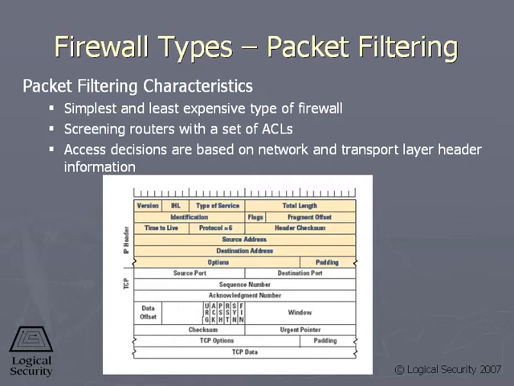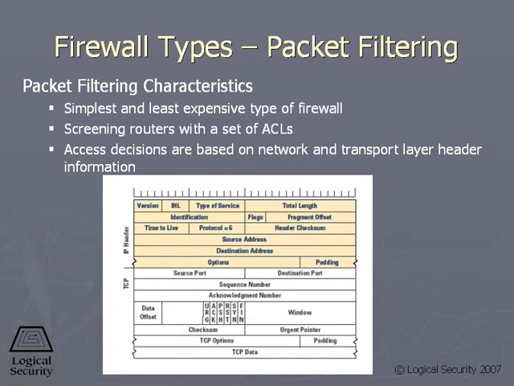Now, we actually kind of covered packet filtering when I went through routers, because routers will have ACLs, access control lists, that will make access decisions based on header information. So if you have a packet filtering firewall, it's going to look at the information in the network header, and a little bit in the transport. So it can make its access decisions, and the network administrator configures based on source and destination IP address, the type of protocols that are used,